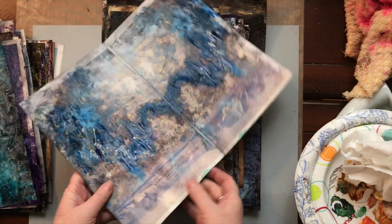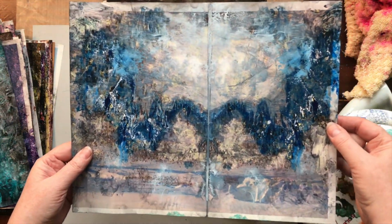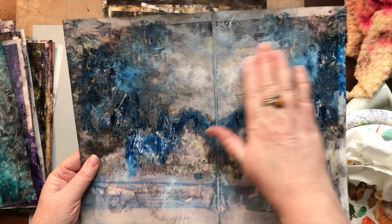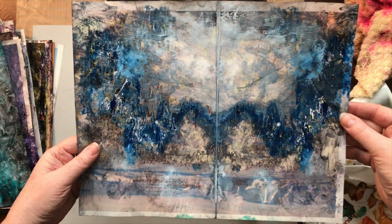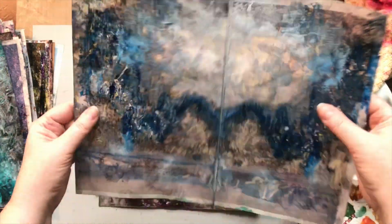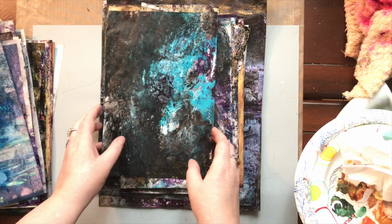Oh, here's another double page spread. One of my favorites because it's all muted, soft, powdery blues. You get a bit of texture in here. And I swiped around. That's really cool. Looks like a landscape. That's a mess. Okay. This is